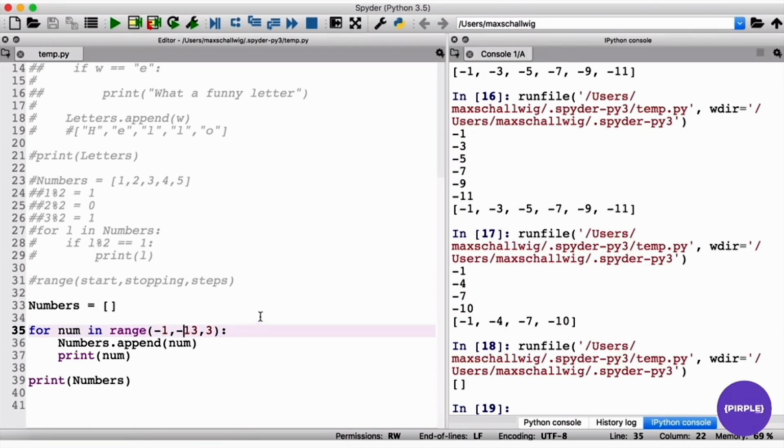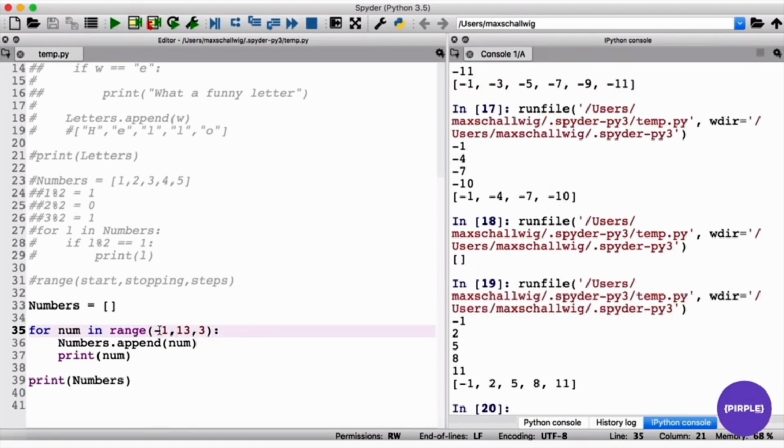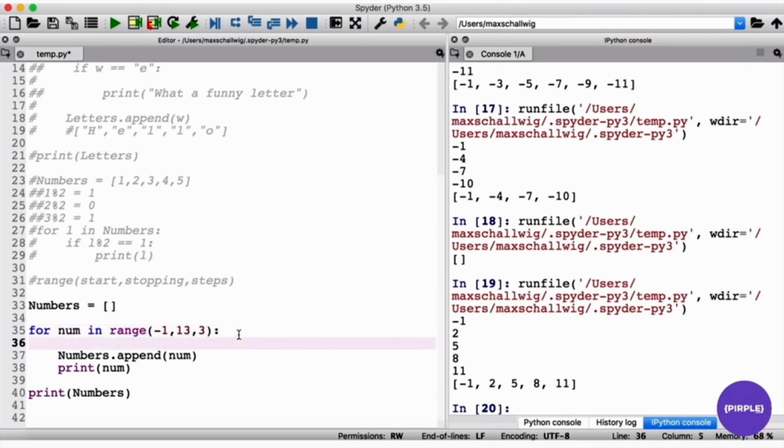But for example, if we take out the negative value here, then we can once again create a range between -1 and 13 in increments of 3. And so then again, we're going to get values. So we start at -1, we add that to the end of our list, print out -1, and then we add 3 to our -1. So -1 plus 3 is 2. So we add 2, print it out, and then add 3 again. And then, we get 5, add that to the list, print it out,